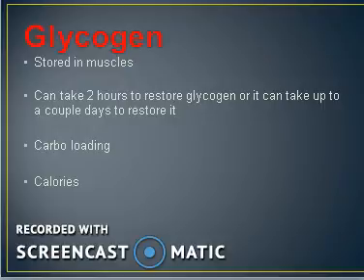So an 800 meter sprint will take only 2 hours, but if you did a marathon, it could take a couple of days to get all the glycogen back into your body. One way in which you can